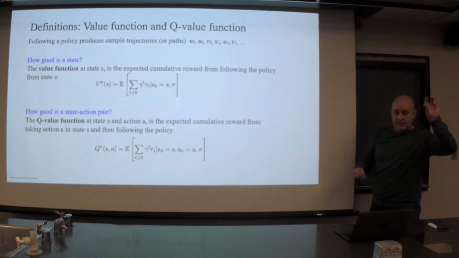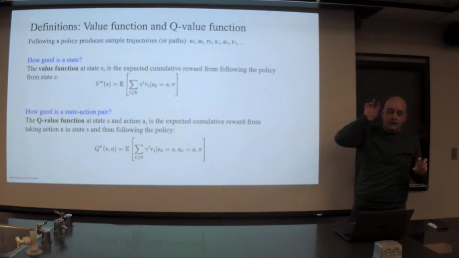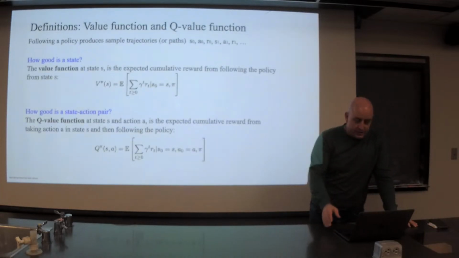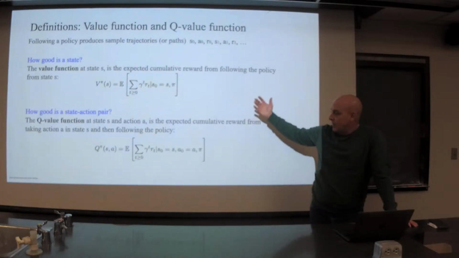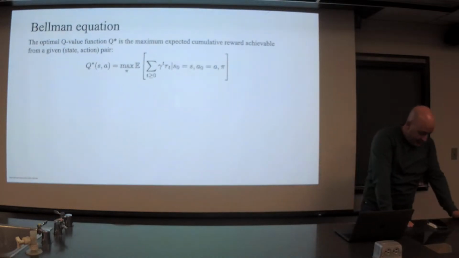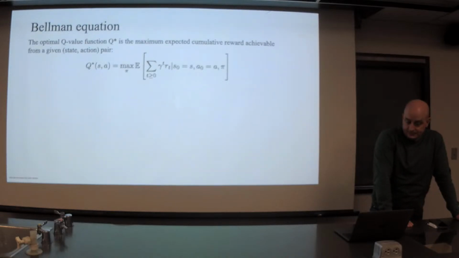Okay, so we have these two functions that give you an expression for how good a state is and how good a state and action pair are, V and Q. Now this is called deep Q learning, so we must be doing something with Q. But what exactly? Well, all this is great, but it doesn't suggest right away what should be done. What is done in deep Q learning is to take advantage of a recursive formula known as the Bellman equation.